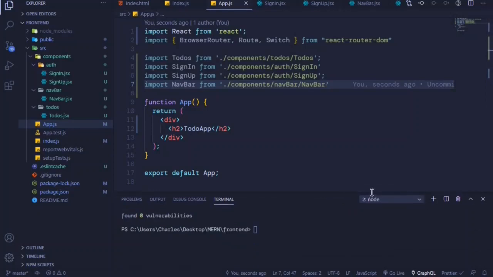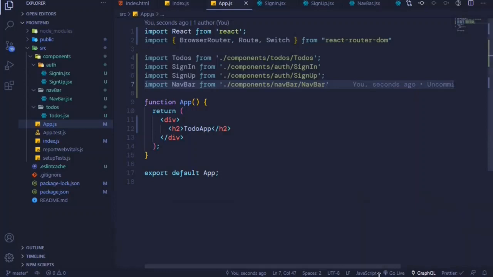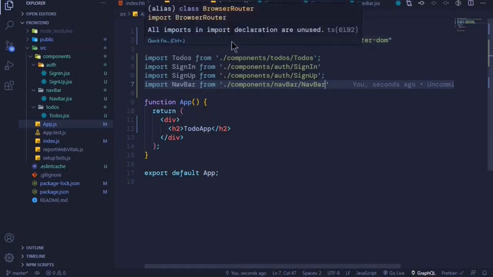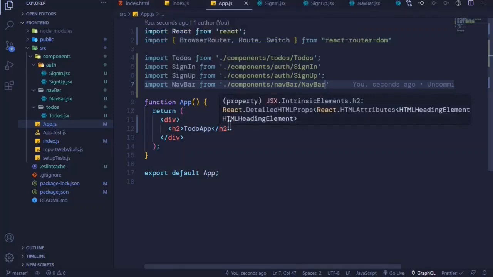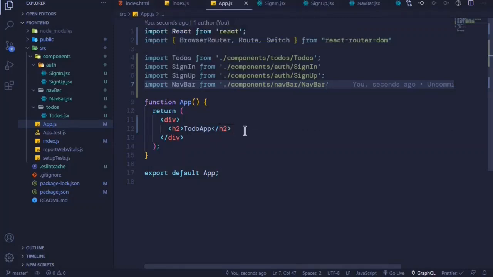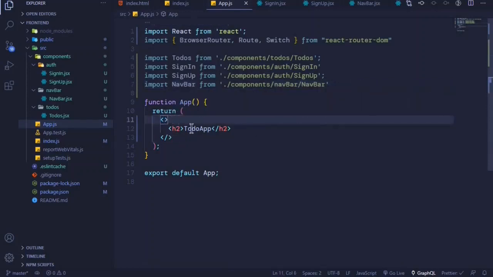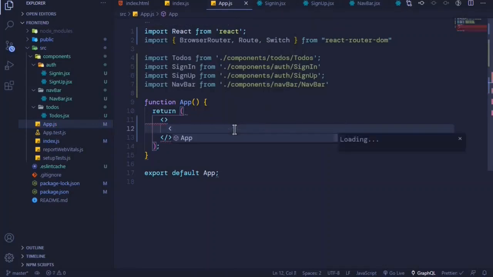So I'll just minimize this one, and then we need to wrap everything that is inside our application with this BrowserRouter, and this will give every component in our application access to the history object so that we can be able to navigate between the different components. So I'll replace this div with just a React fragment, and then I'll remove this h2 and replace it with the BrowserRouter component, which we are getting from React Router DOM. So BrowserRouter,